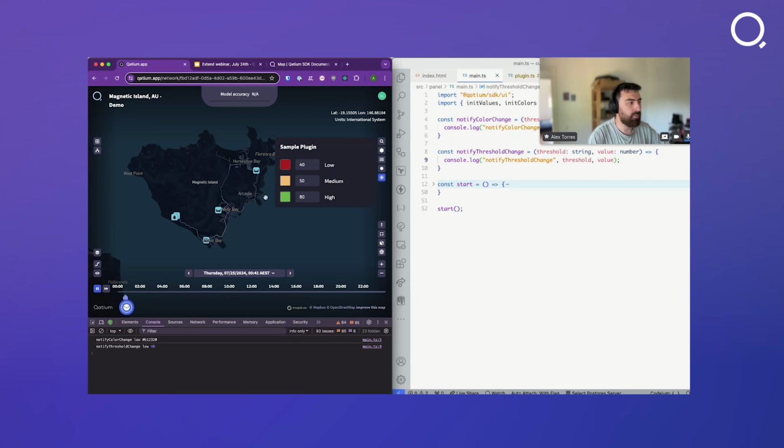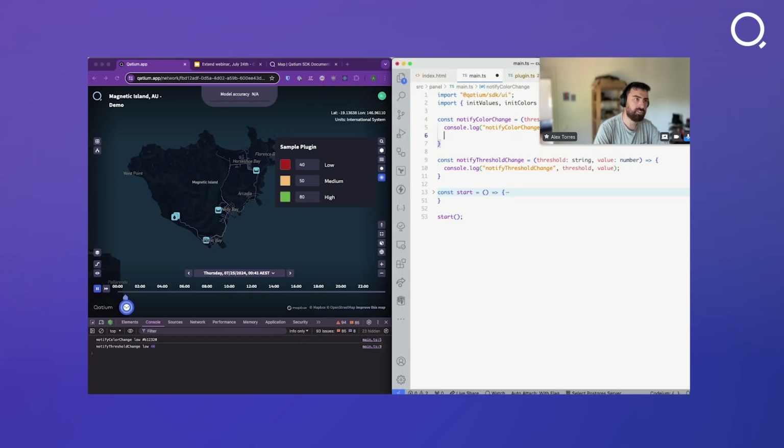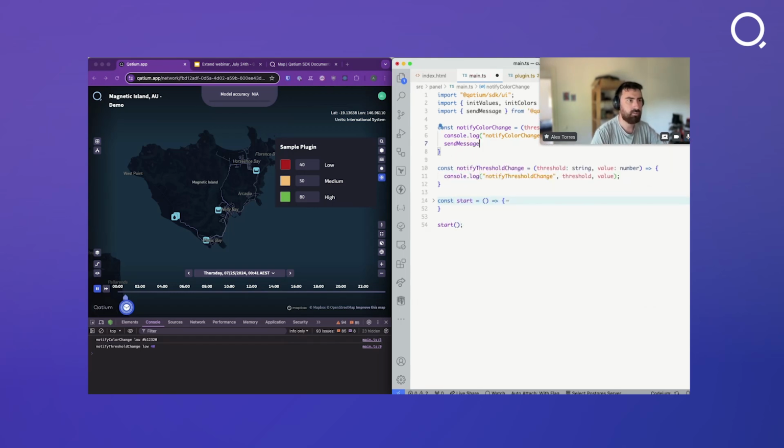So we have the input reacting to the changes, but it's really doing nothing so far, no? Because we are not connecting this with our business case or business logic in the plugin. So let's move on and do that. So how can we actually send these events to our plugin core? So we have an API in the SDK called Qatium that I'm gonna import now. Okay. I'm going to import it from Qatium SDK UI, and this will allow us to send messages to our